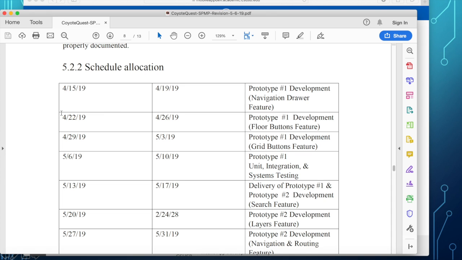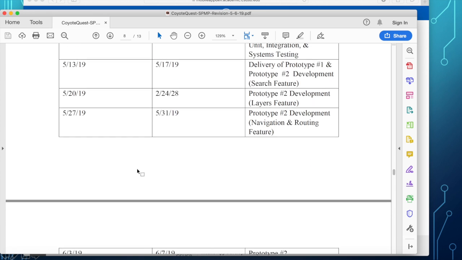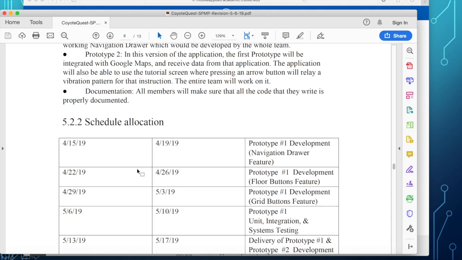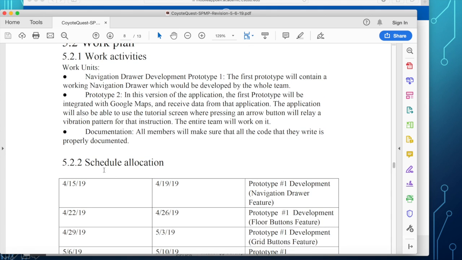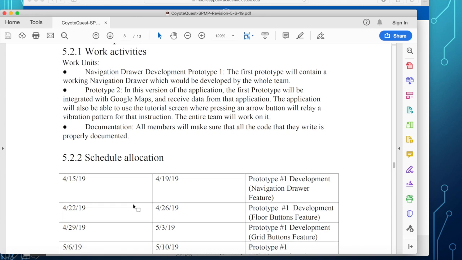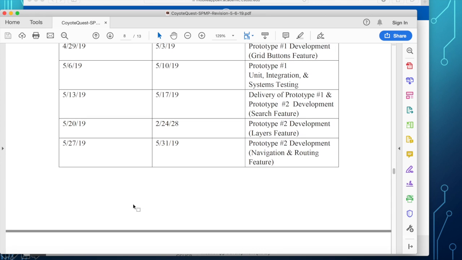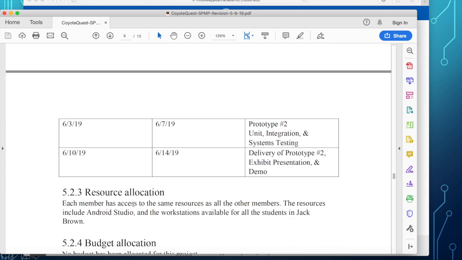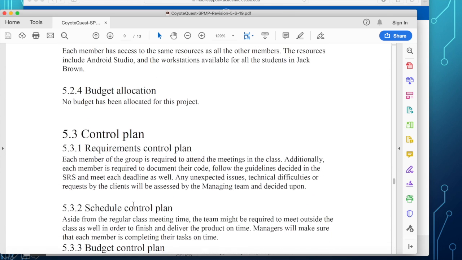I will remind you of an example Gantt chart that we discussed in chapter 3. But you can look for a tool that draws a Gantt chart. That will be useful for you. So here is the schedule allocation, but my comment is that it should be in a graphics form rather than a listing of the dates. Okay. Resource allocation.